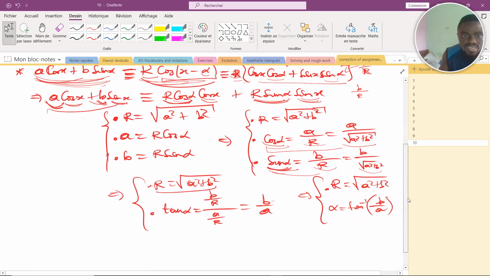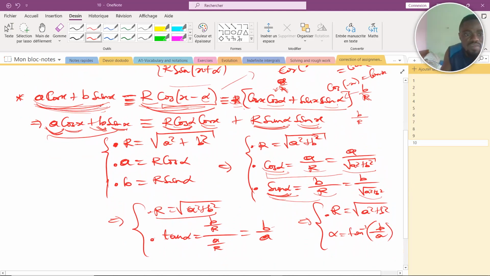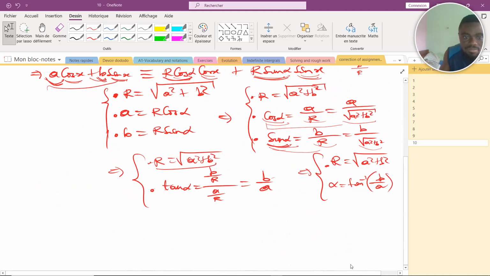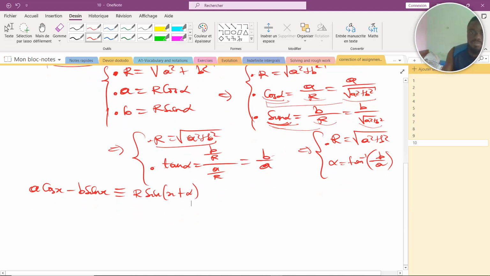Then the same thing, let's say for example you want instead to convert A cos x minus B sine x into, let's say, this. So your aim is to convert A cos x minus B sine x. You want it to be identical to R sine (x plus alpha). That's our aim. So what I will do is